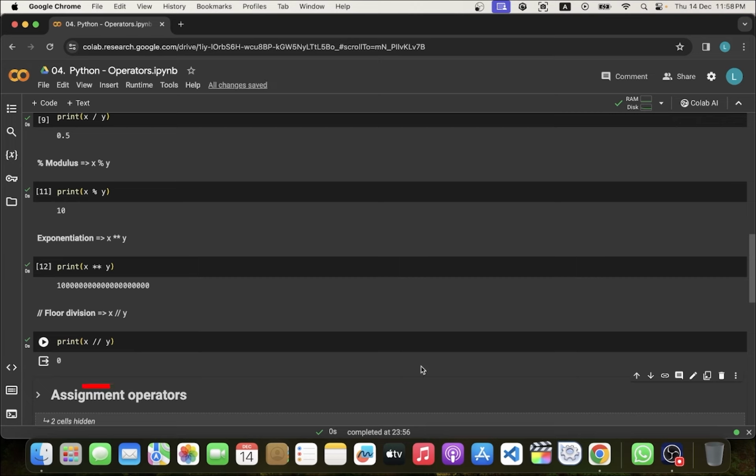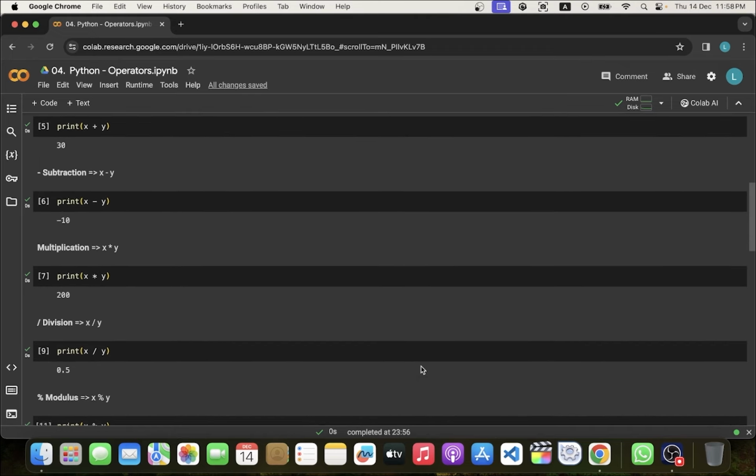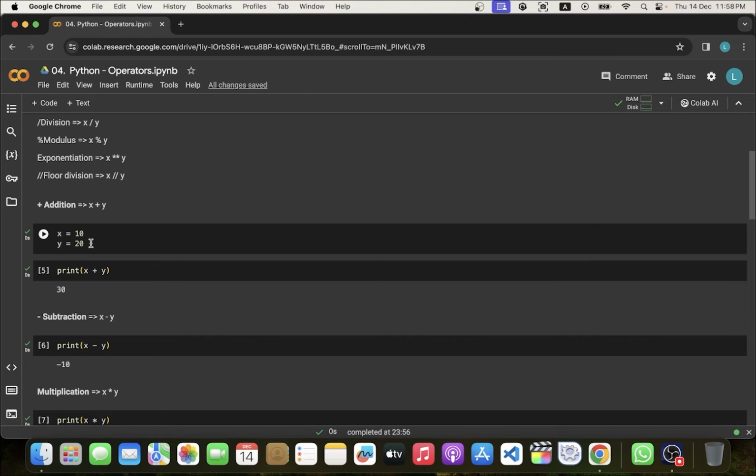The floor division operator divides first number or first variable by the second number or second variable and shows the result without fraction. For a better understanding, let's change the value in variable, make it 9 and 2, execute this piece of code,